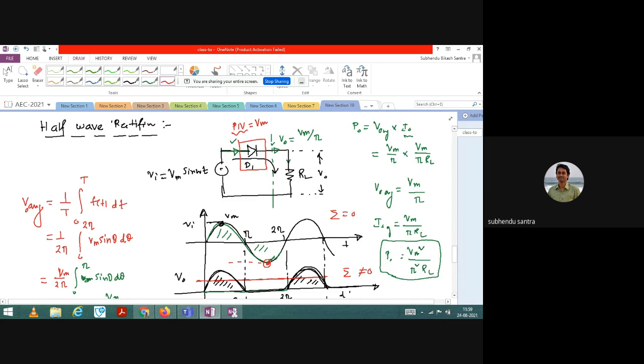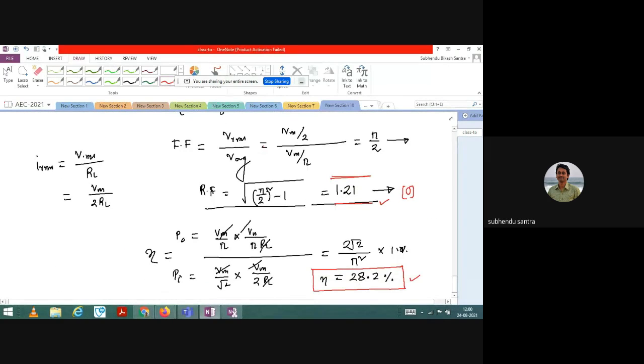All of you are not reading at all. Please read carefully. So for the half wave rectifier, the PIV of the diode, the peak inverse voltage of the diode, is equal to Vm. It is also important, and very high. So you need to use a higher rating diode. Generally, a peak inverse voltage as low as possible is required. If the peak inverse voltage is very low, then you can choose a lesser rating diode, and the size of the converter will be low. Here your peak inverse voltage is Vm, so your diode size will be larger.